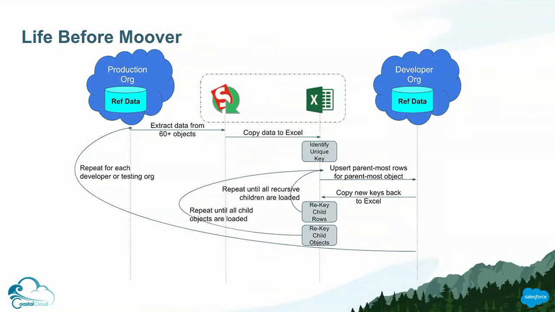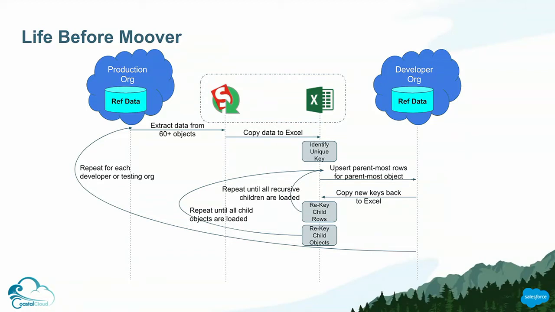So, life before Prodly Moover. How did we do this before we discovered Moover? Take, for instance, an example where I'm in my setup phase and I want to set up 3 developer orgs so each of my developers can work in their own sandbox on the features. So I want to take a copy of the existing reference data that's in production and get them into my